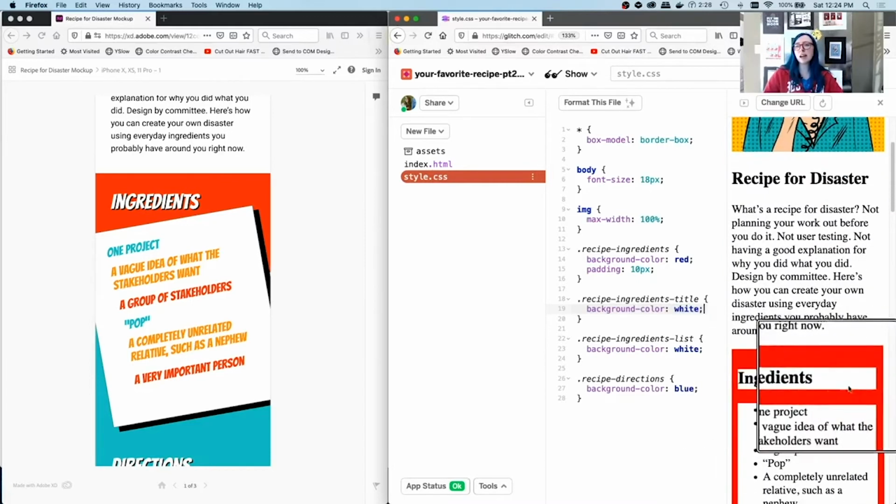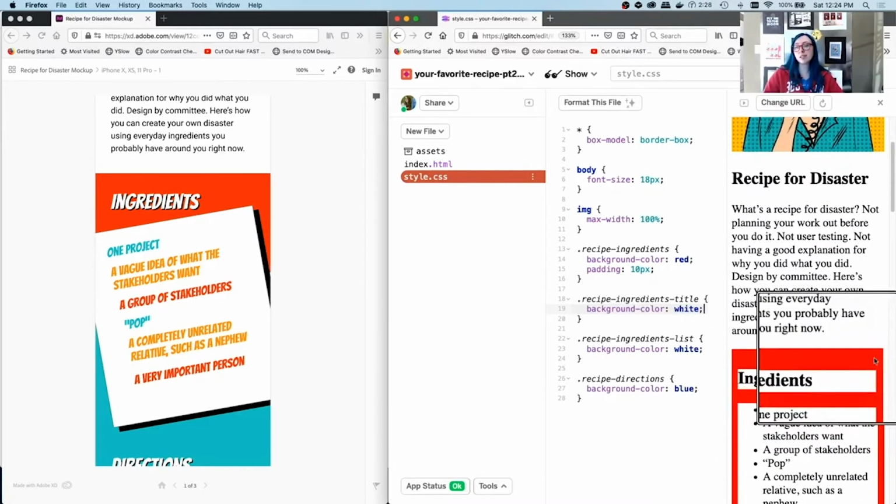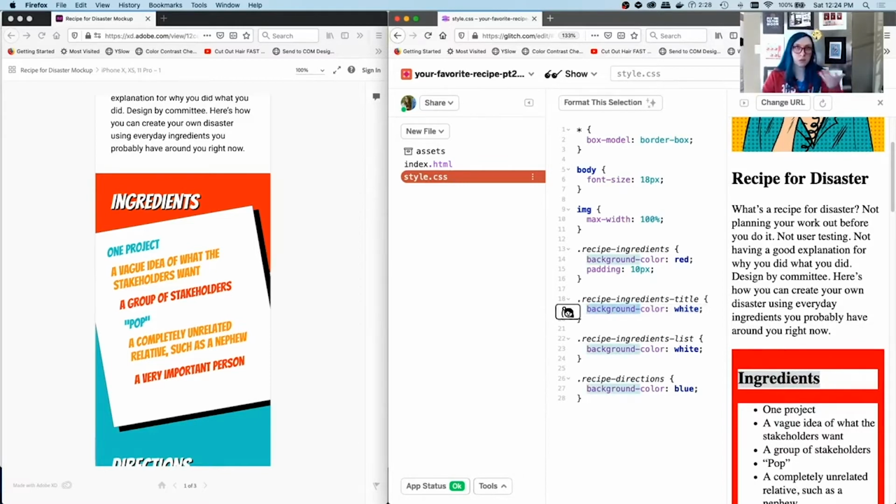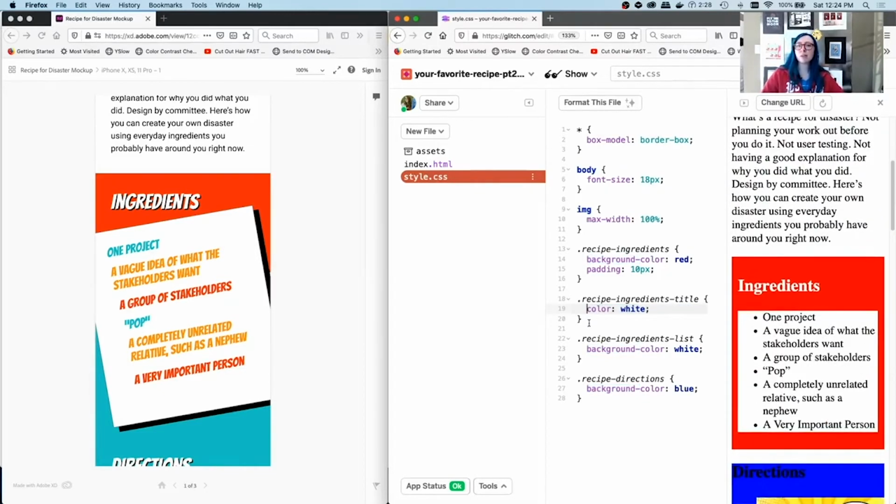Uh-oh, it's the actual background of the box. And notice it stretches the full width. That's not what we wanted. We wanted to change the color of the text. So what's a different rule we can use? Well, try doing what you said. If you talk it out, you'll usually accidentally say the CSS rule without realizing it. Change it to color, and now you've got the proper color on it.